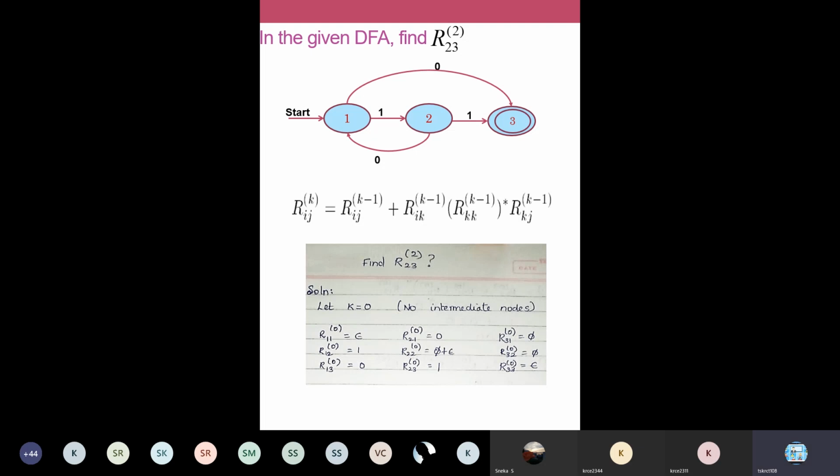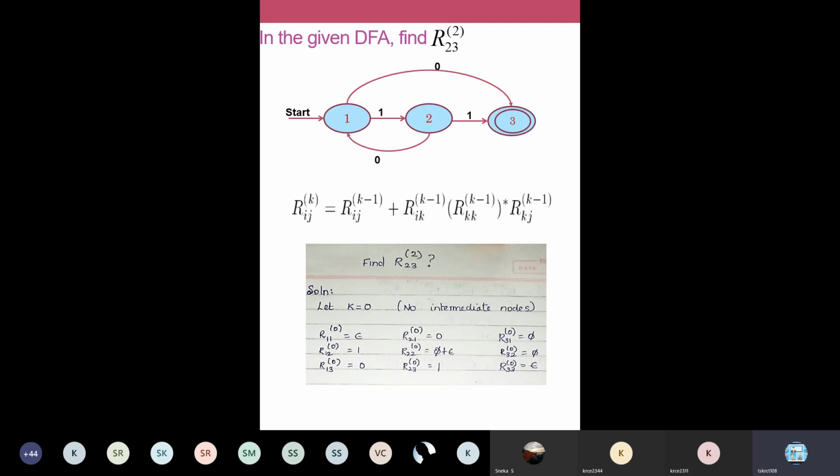So at that time, what we will do, those terms we have already found at level k is equal to 0, you are going to use all these 9 expressions, whatever we have found in this step. So whatever we have found at level k is equal to 0, these 9 regular expressions, you are going to just substitute in the next level at k is equal to 1. So at k is equal to 1, we are going to use all the values that we found at level k is equal to 0.